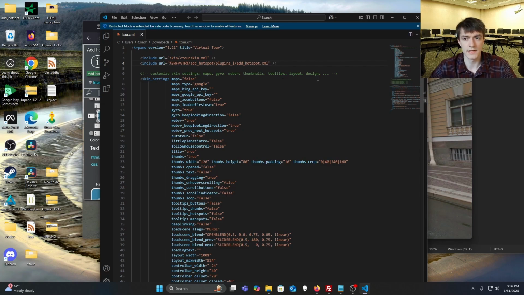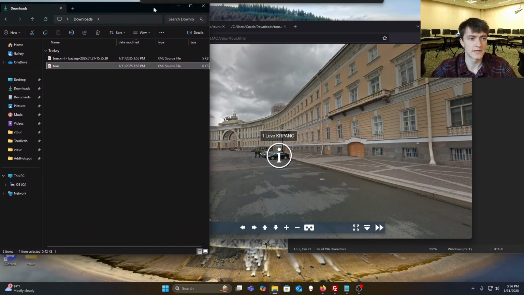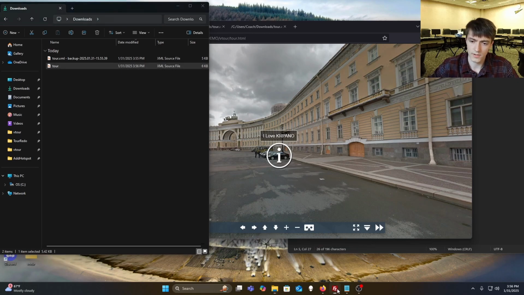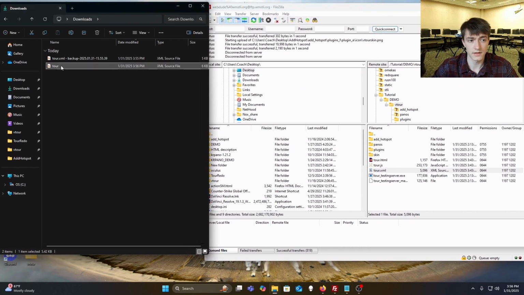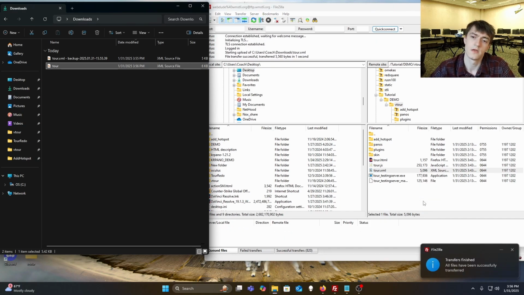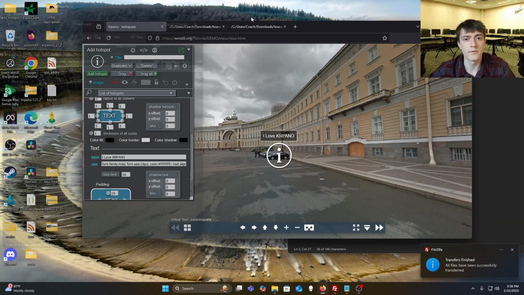So we're going to press Ctrl S, and X out of this tab. And we're going to move our downloads window over here. We're going to open up FileZilla, and take our new tour file and just drag and drop it and have it replace the old one. It'll take a second, but once it's done, which it just finished,